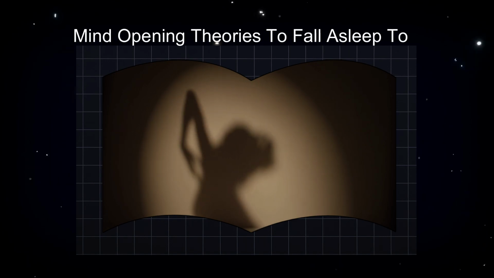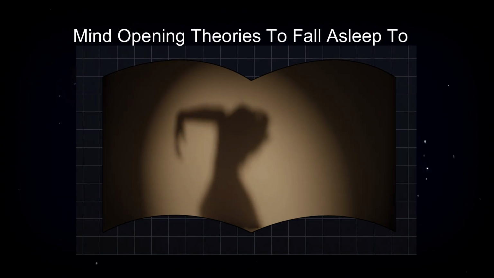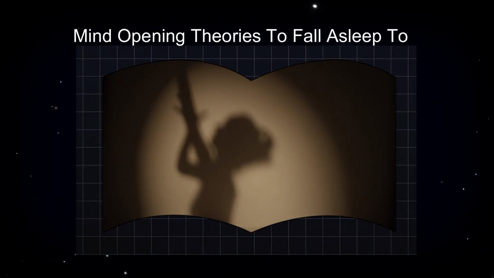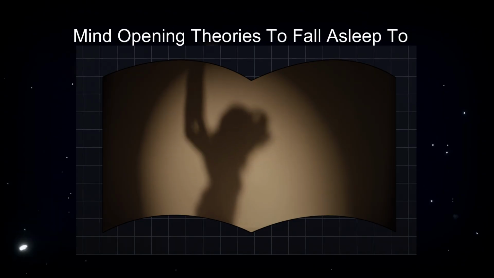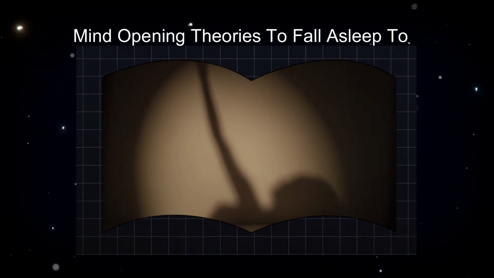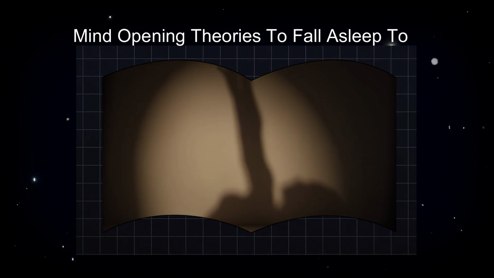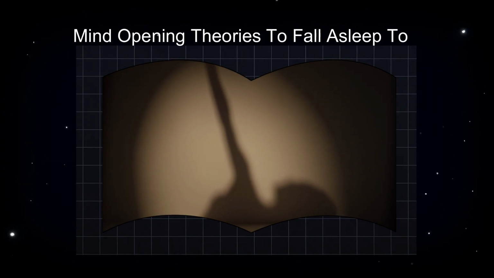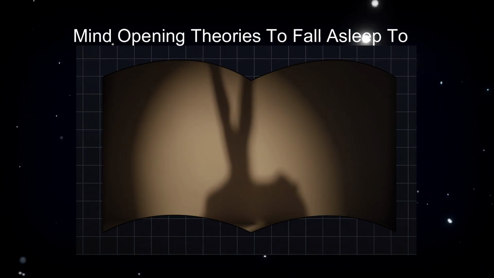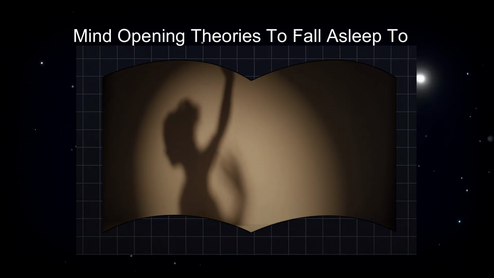At its core, the Anthropic Principle is about explaining the apparent fine-tuning of the universe. When we look at the physical constants and laws of nature, like the strength of gravity, the mass of the electron, or the rate of cosmic expansion, we see that they fall within extremely narrow ranges that allow life to exist. If any of these were even slightly different, the universe might be a vastly different place, one where stars, planets, and life as we know it could never form.